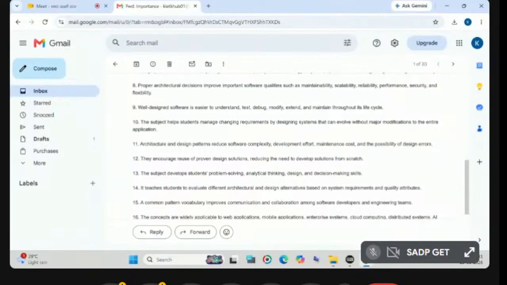So well designed software is easier to understand, test, debug, modify, extend, and maintain throughout the life cycle, right? So when you have a well designed software, that is when you have a project, or once you have a problem, and once you are well versed with your designing part, wherever or whenever you get any kinds of mistakes, you will be able to easily identify them, and when you are able to identify those questions or queries very easily,